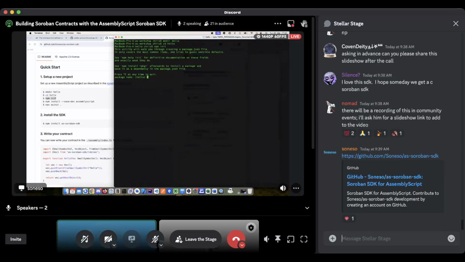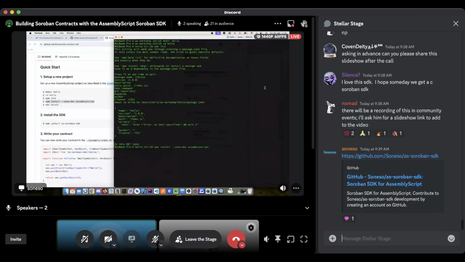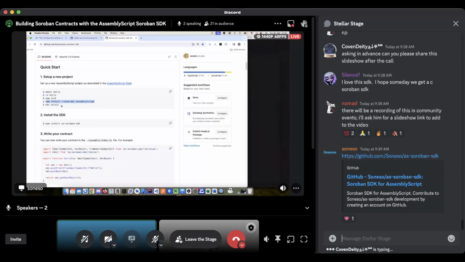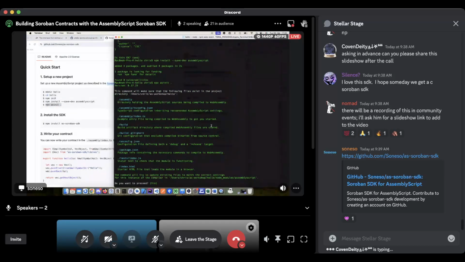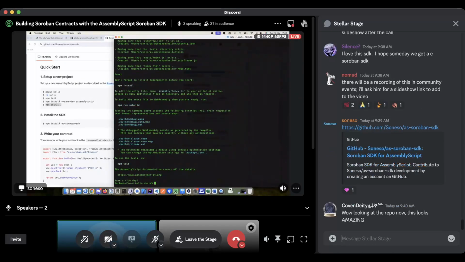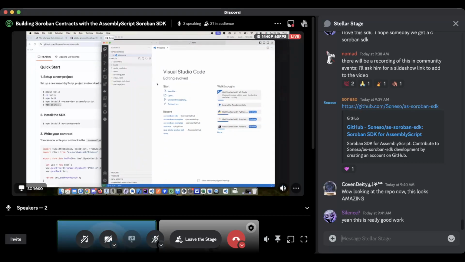Yes, here we can add all kinds of information, but it's not so important now. Now we need to install AssemblyScript into this project and initialize the AssemblyScript project. So this is what it will create. Okay, now we have our AssemblyScript project. We can open it and let's have a look. So it is created, and